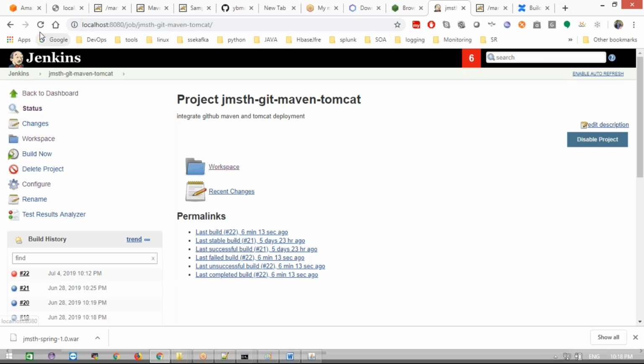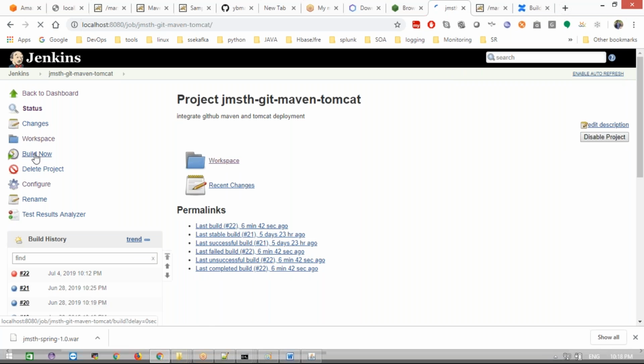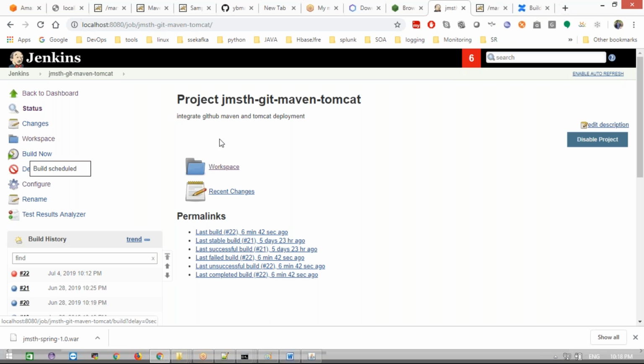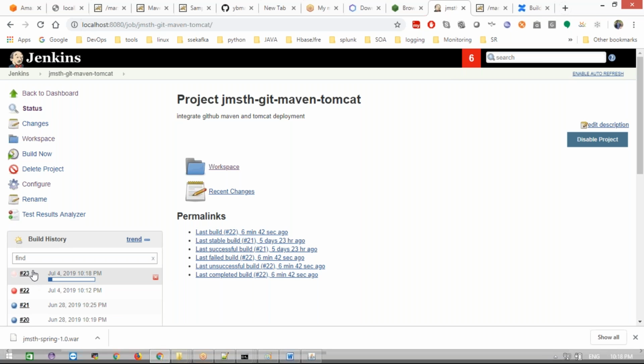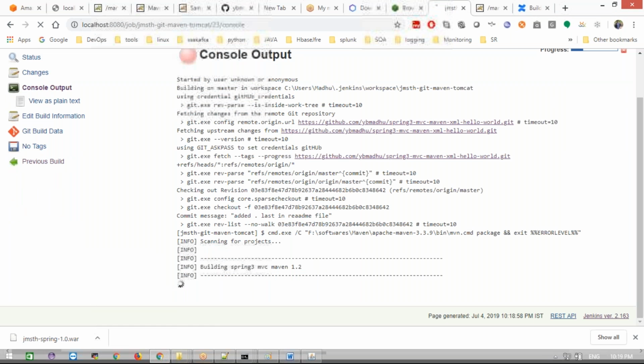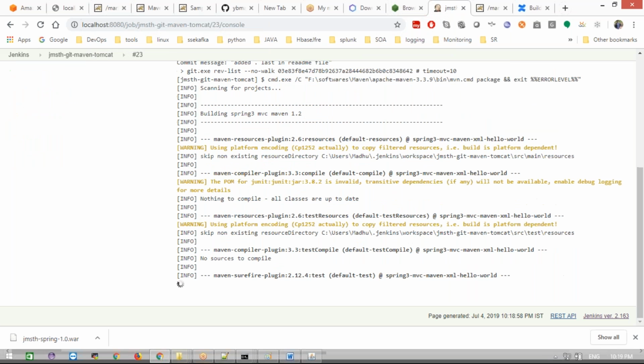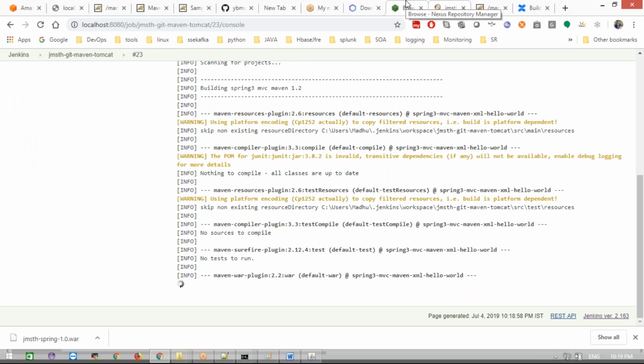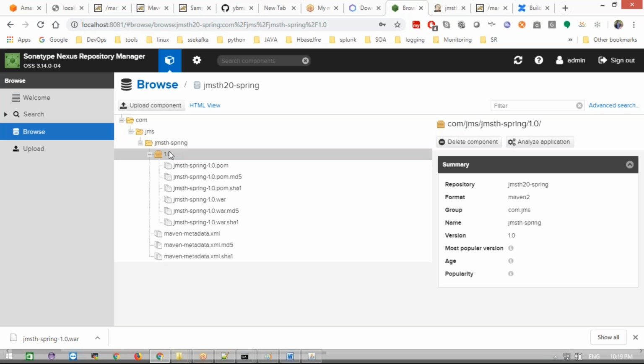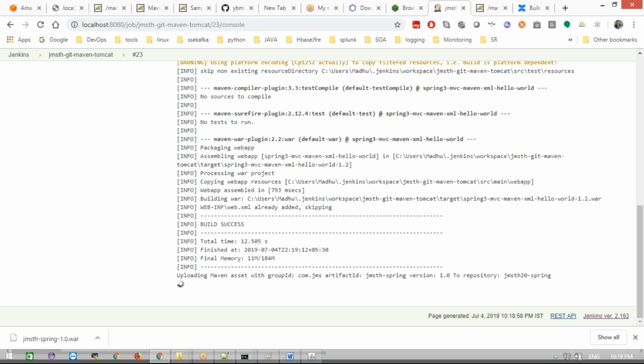What happened? I clicked on what? Click it, right? Okay, let me click the build now button again. Standing now. See the console output. It's a very important thing I'm trying to show you guys. I already pushed the 1.0 version, right? Now again, what happened? I did not change my version number. See, my version 1.0 is already there, and I did not change the version number inside my Jenkins.